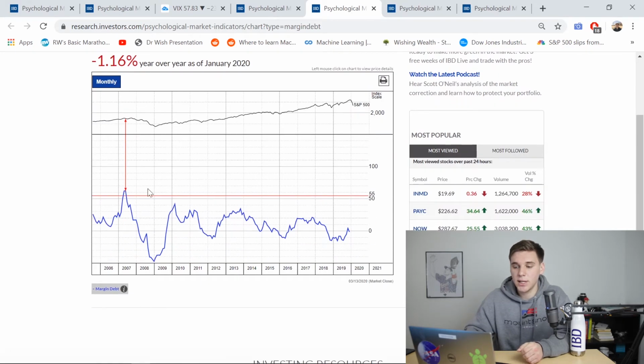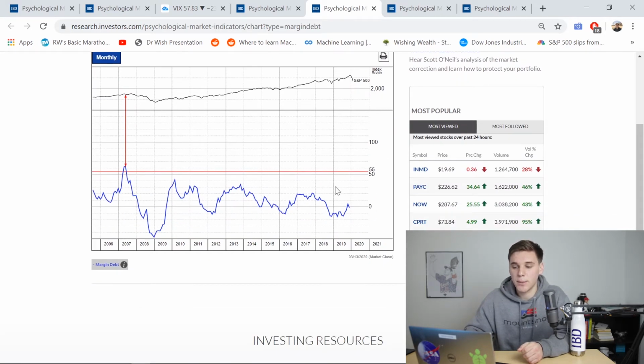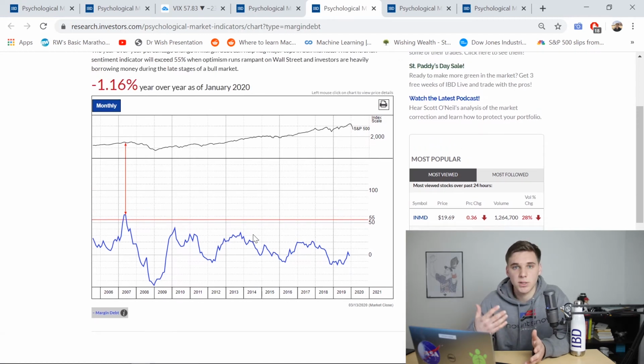However, you can see that down here, we haven't really approached that number in quite a while. And recently, even with the tops and the volatility and kind of sideways movement in 2015 and 2016, we haven't really seen that huge rush to get on margin. So I don't pay attention to this one particularly that much, but it is always something to look at, especially recently, right before the correction. You can see we weren't really anywhere near that overexuberance that we saw